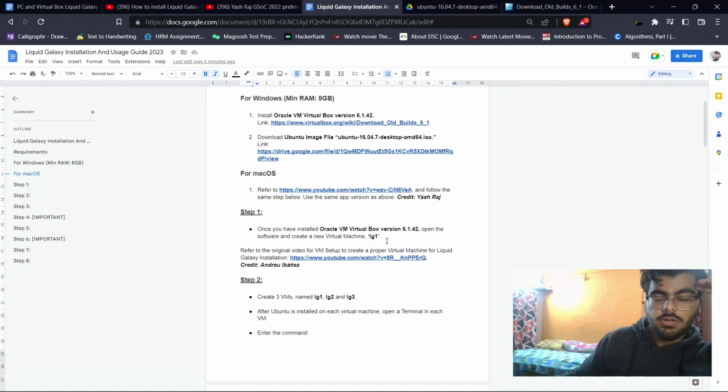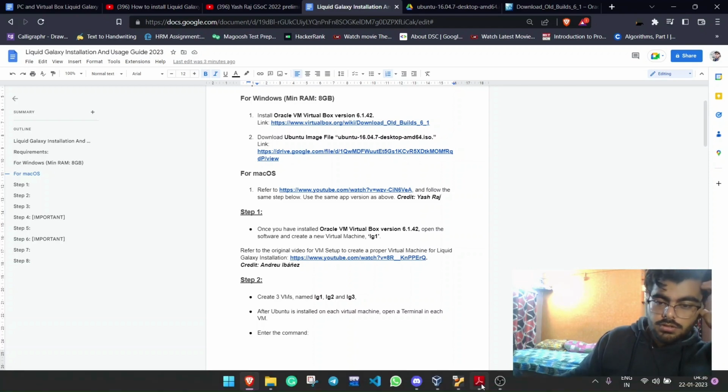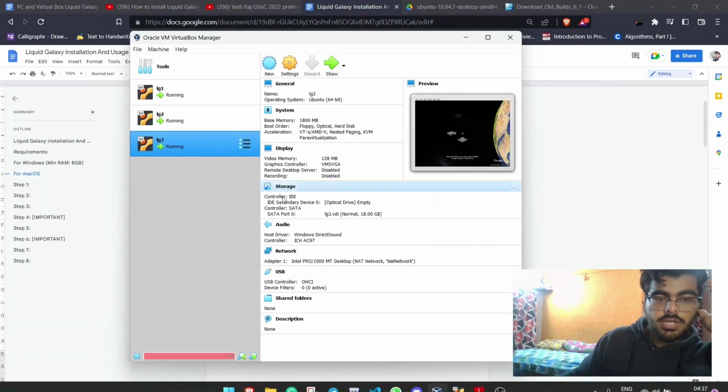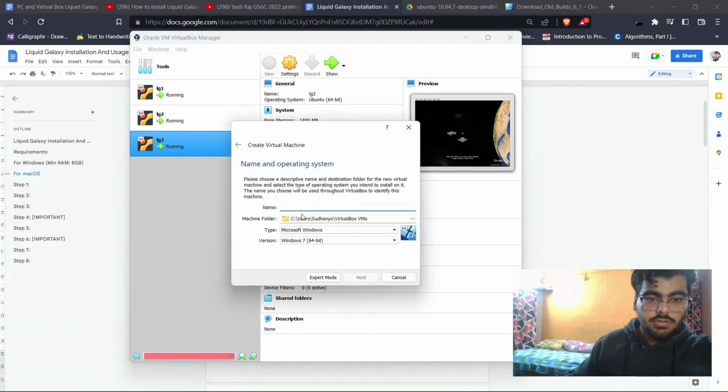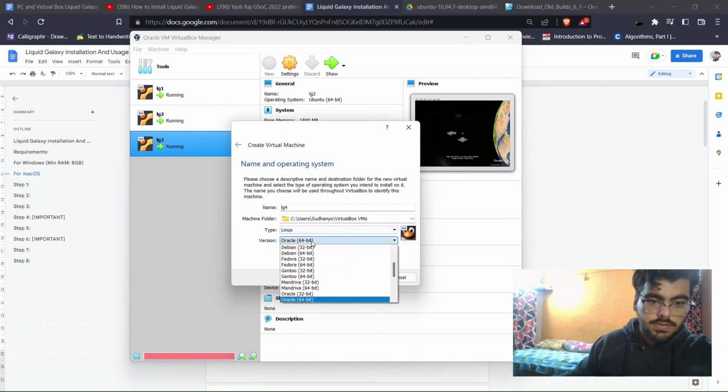First, you need to install Oracle VM VirtualBox. Once you have installed it, you should open the application. Right now, all three of my virtual machines are running, but I'll show you the steps I followed to create each of these virtual machines. So first I press New, then let's name it LG4. Type should be Linux, and